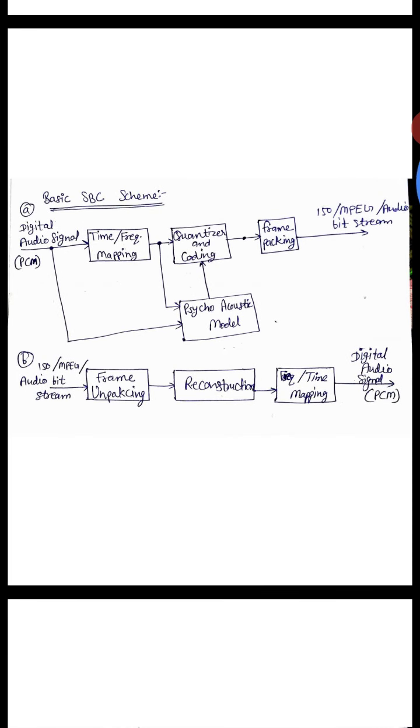This is the basic subband coding scheme. The basic idea of SBC is to enable data reduction by discarding information about frequencies which are masked. The result differs from the original signal, but if the discarded information is chosen carefully, the difference will not be noticeable.